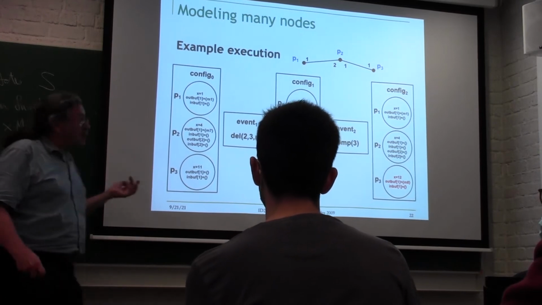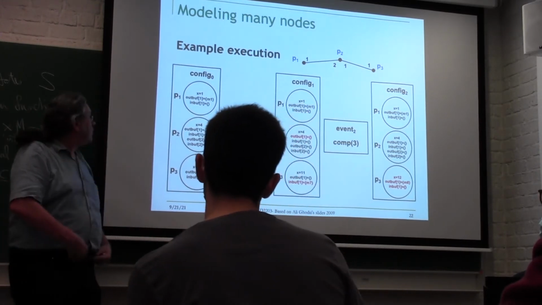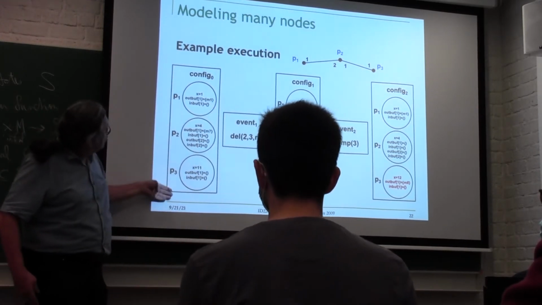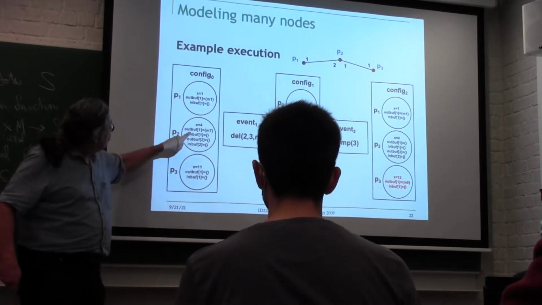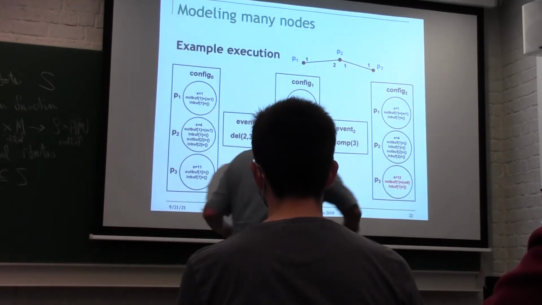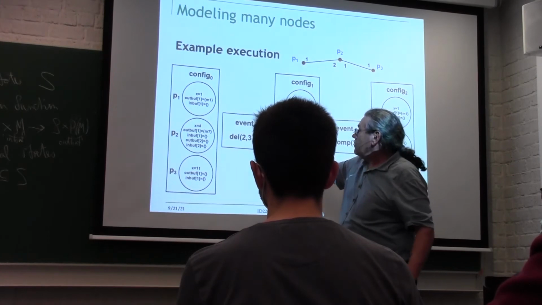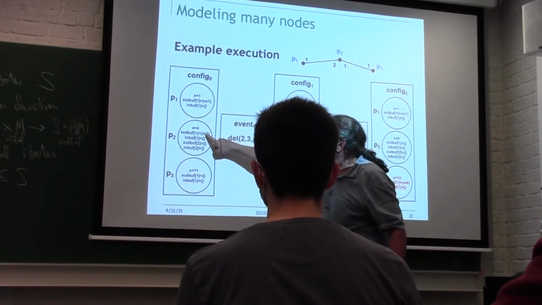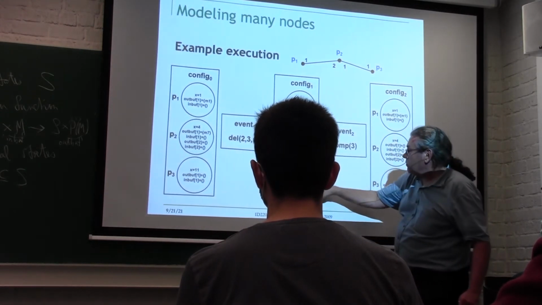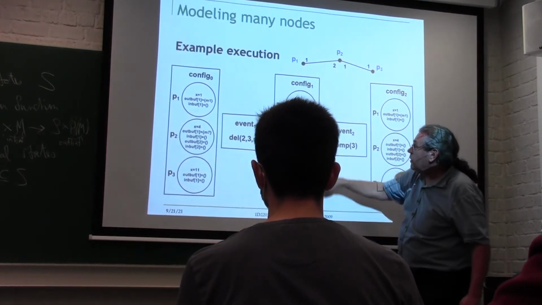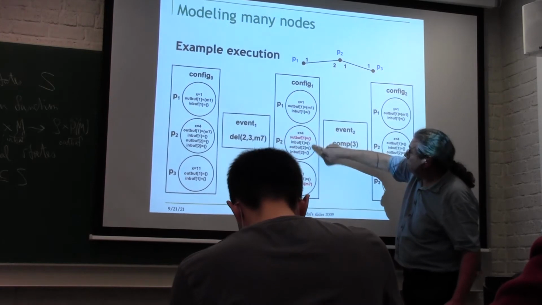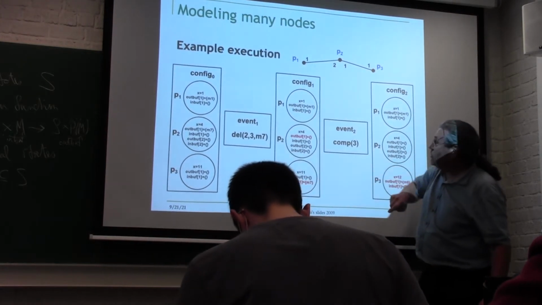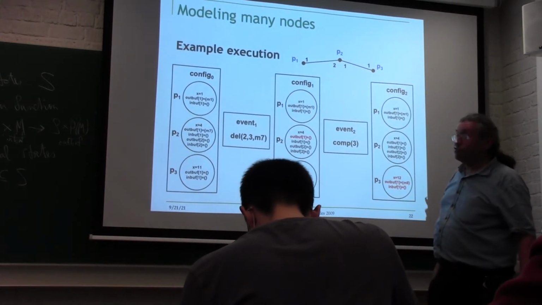You can do local computations with no messages in the in buff sometimes. But in this case, you will not do that. So the first event here is a delivery event. M7 goes from 2 to 3. So this M7 here will move to P3, the in buff, and this out buff goes empty. So these 2 red things are the only pieces of the configuration that change.